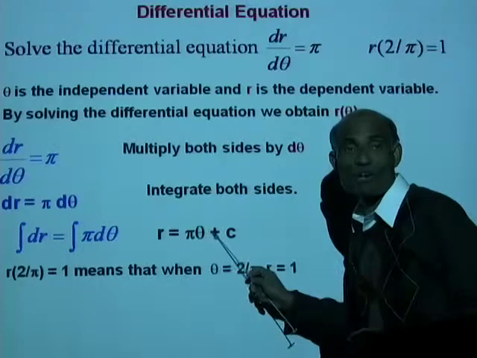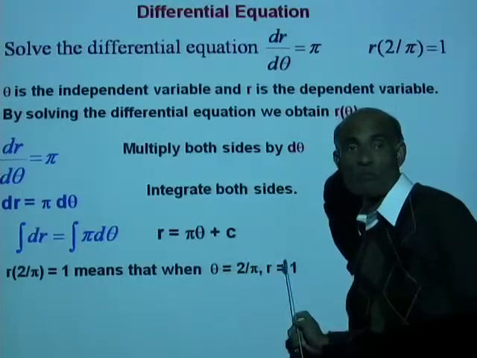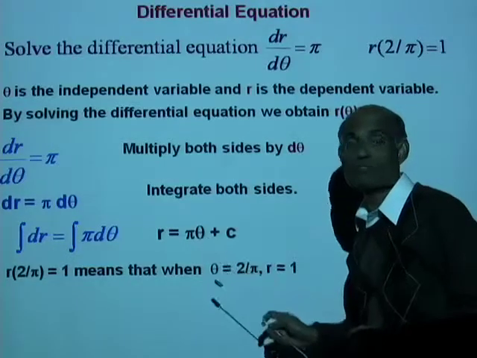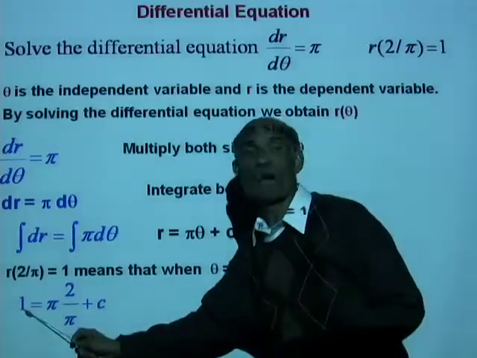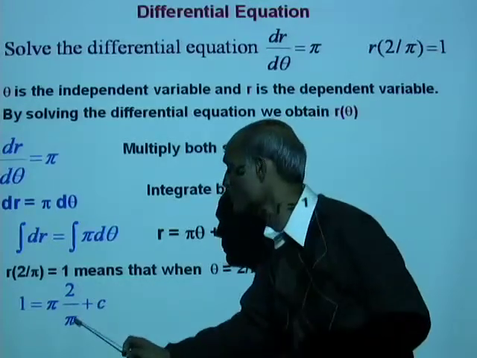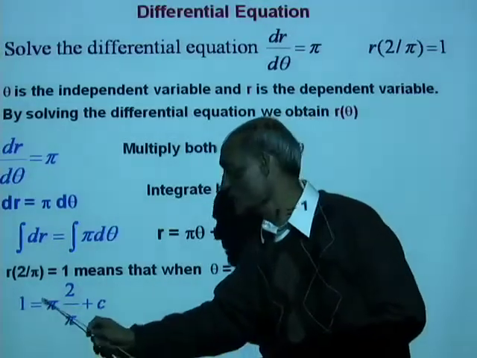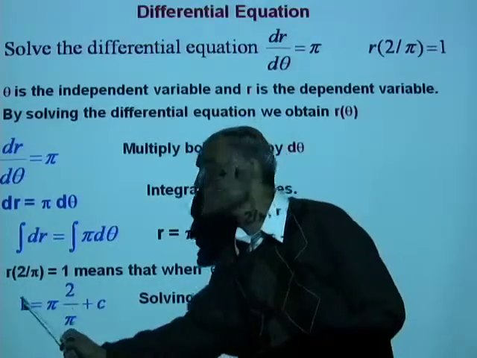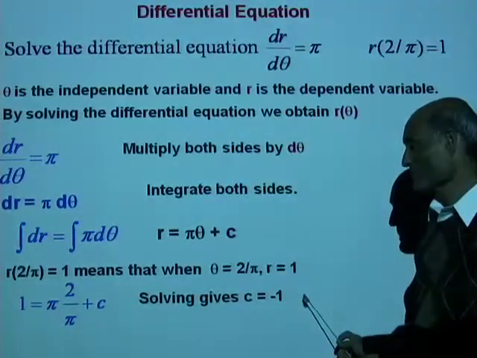So let's go to this equation. Replace r by 1 and theta by pi over 2. We get 1 equals pi times pi over 2 plus c, and you can see the pi and pi will cancel, and that will give you c equal to